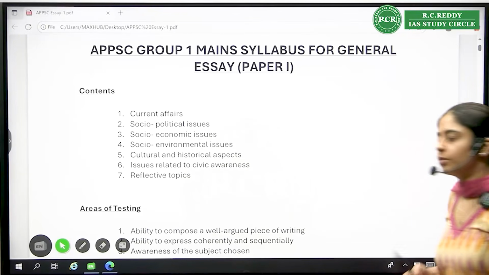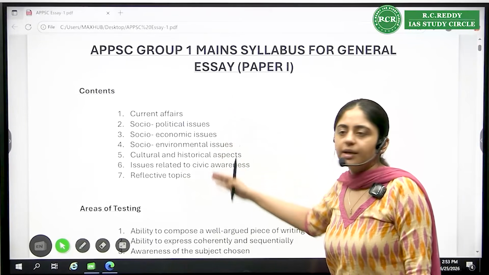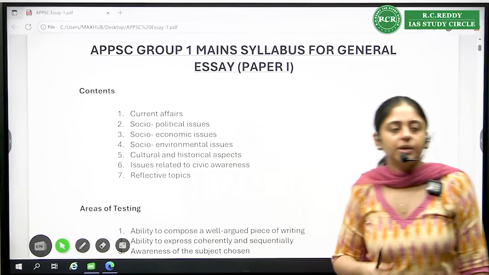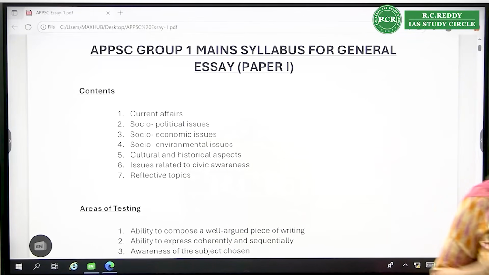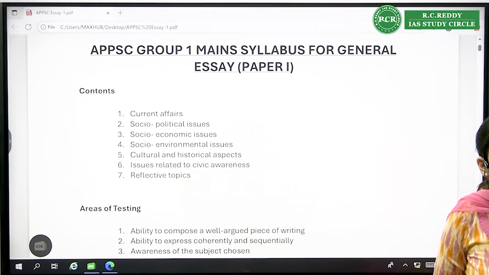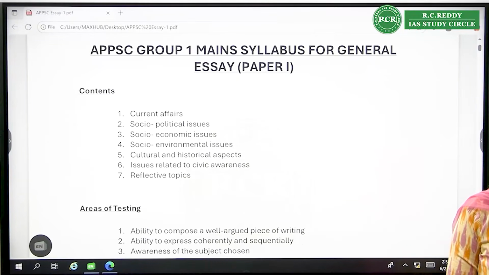In fact, before you go to the exam, try to identify your strong areas. Political issues are my strong areas, economic issues are my strong areas, or whatever. So I will try to attempt more of these topics. Full knowledge is very, very important. Otherwise, how will you write 800 words? It becomes absolutely difficult to elaborate. In 1 or 2 pages, you will be done with it. You won't know how to write 800 words. 800 words will be around 4 pages, 4.5 or 5 pages, depending upon your font size.